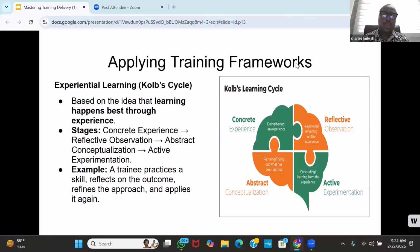I believe adult learners will always want to build on their experiences. So when you take a look at the concrete experience, it is like you are doing or you have an experience already. And then for reflective observation, you are reviewing or reflecting on that experience. And then for active concluding or learning from that experience. And then the abstract, you are planning or you are trying out, please have in mind that what